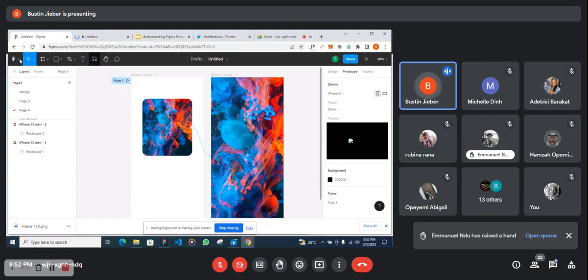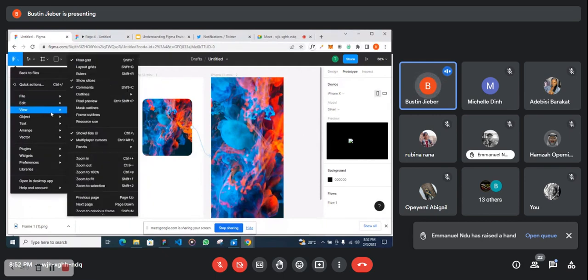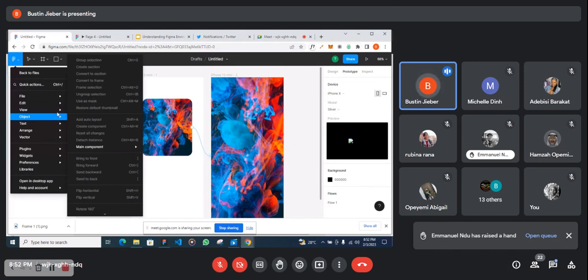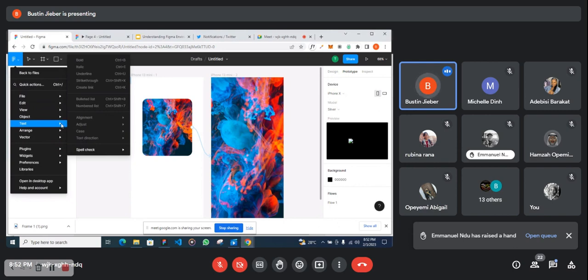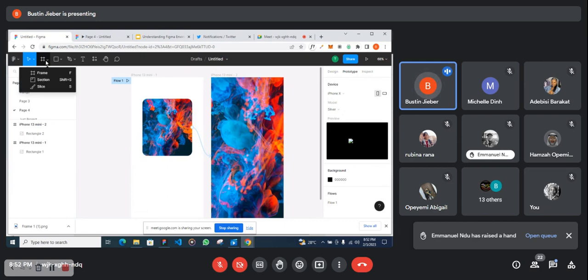If you want to create a new design, there are so many options you have in these file options here. You have the file, you have the edit, you have the view. In this view, you can change the way you see your screen and all that. The object options become more applicable once you create an object. While we have the text and all that. So for this frame, if you want to create your frame, this is where you go to, or you can